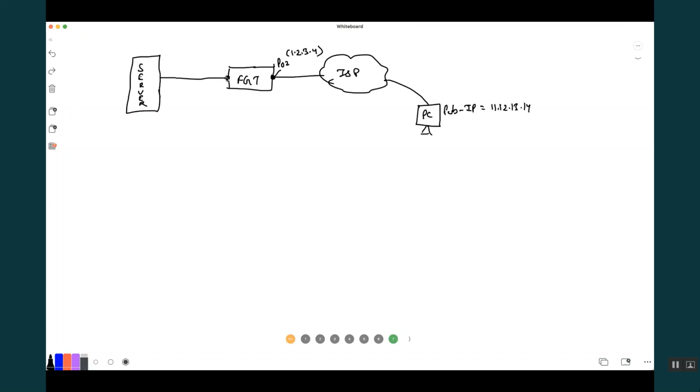This is my port 1, whose IP is 192.168.1.1. And my server IP is 192.168.1.10. It is a web-based server hosted on 443.